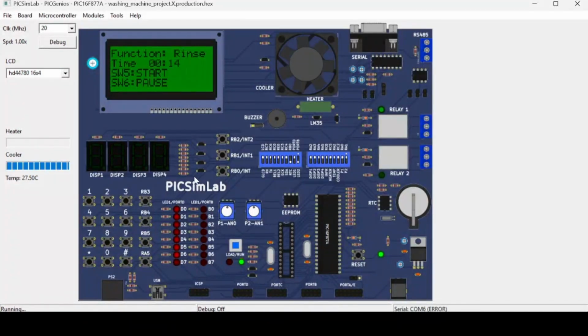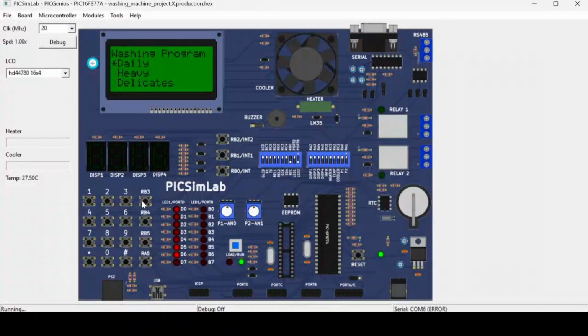Next, after completion of this program, we will see our buzzer is activated, and there are three functions: wash, rinse and spin. As we can see, after completing the program, it shows remove clothes, and again it comes to the washing program display.